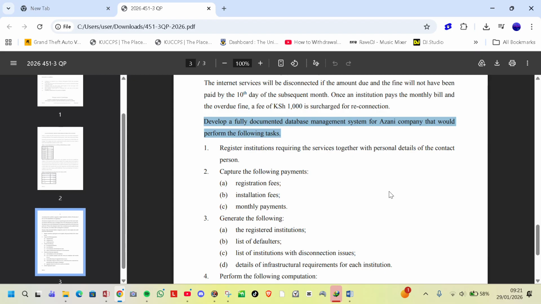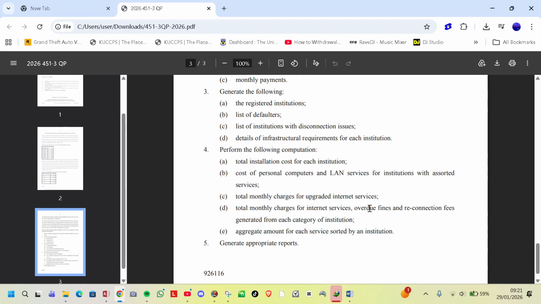Task 3. Generate the following: the registered institutions, list of defaulters, list of institutions and disconnection issues, details of infrastructural requirements for each institution. Task 4. Perform the following computation: total installation cost for each institution, cost of personal computers and LAN services for institutions with assorted services,